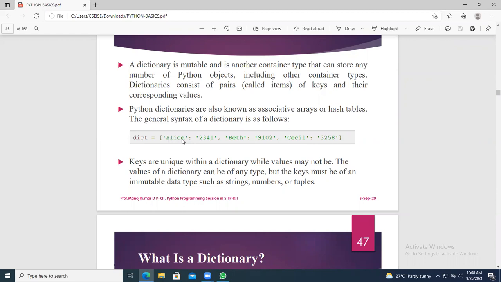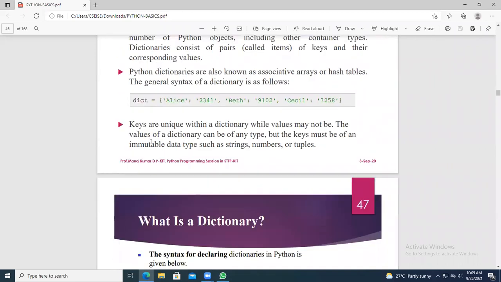In that, which is the key and which is the value? What you give first, we call it a key. Keys are Alice, Beth, Cecil, and their values are 2341, 9102, 3258. Keys are unique, which means they should not be duplicate.